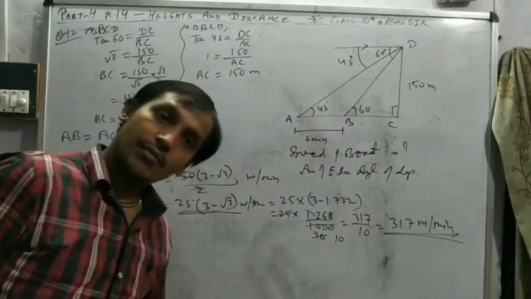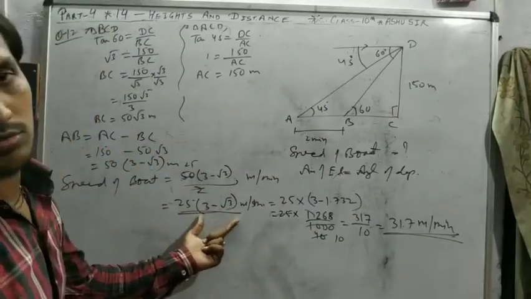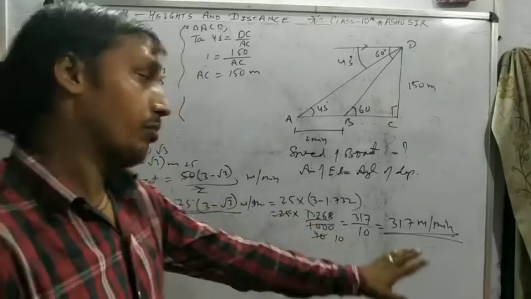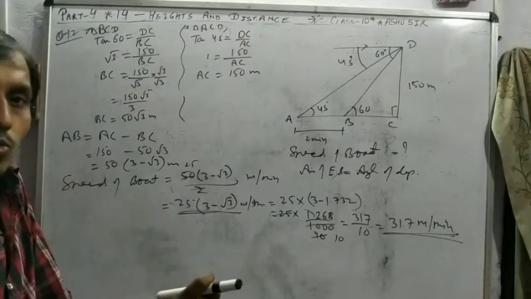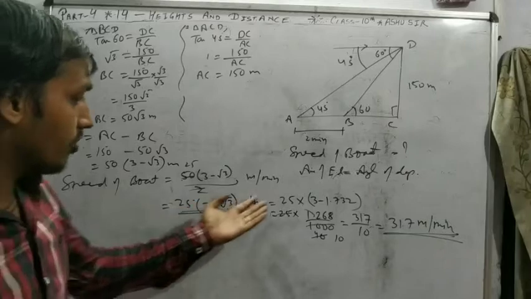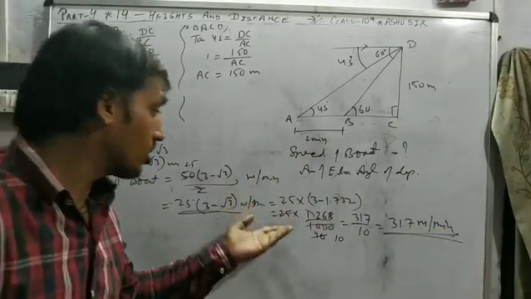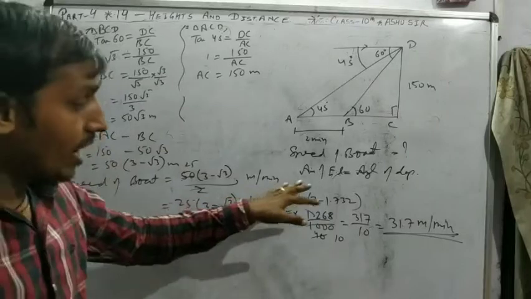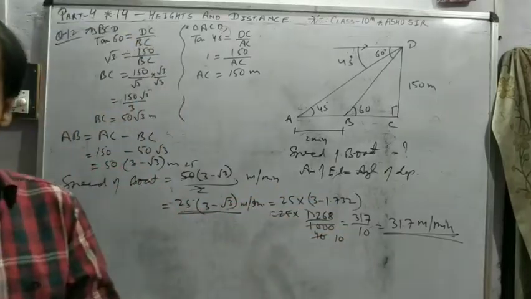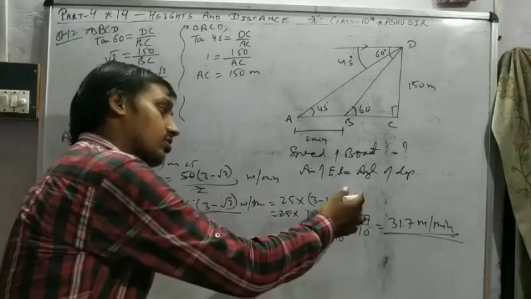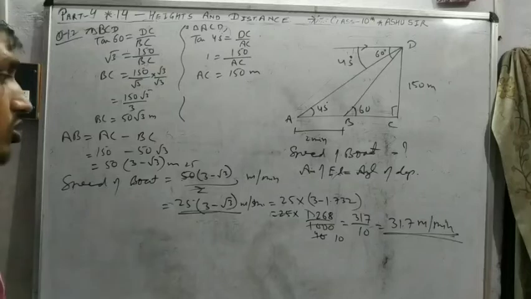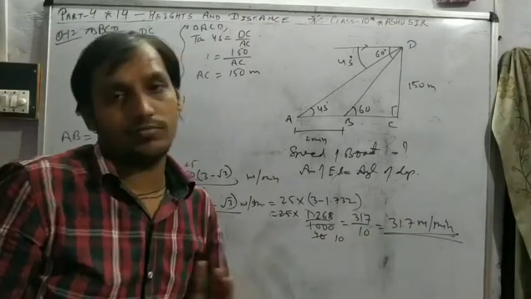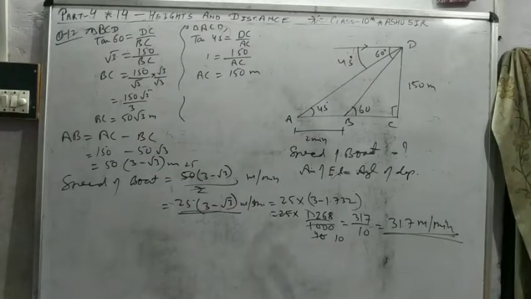If you do not have enough time in board examinations, you can leave the answer like this. Otherwise, solve it. Because if you leave it here, and the question is 3 marks, you get 2.5 marks or 2 marks. But if you solve and waste so much time, then you miss 1 mark and 1 question both. But if your calculation is strong, I say you solve this, because speed is always in simplest form. Okay, pause the video, note down.